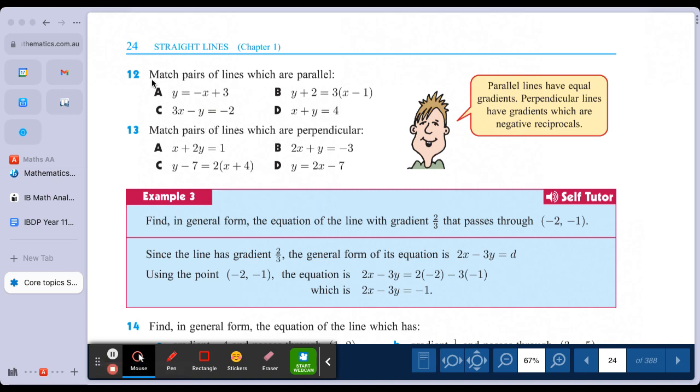together. Question 12, match pairs of lines which are parallel. So you can think about it yourself or discuss with the person next to you. Give you 30 seconds to come up with the match. Okay, so